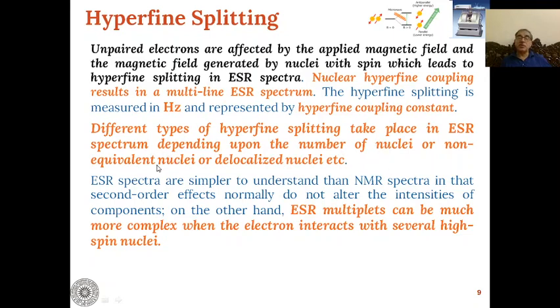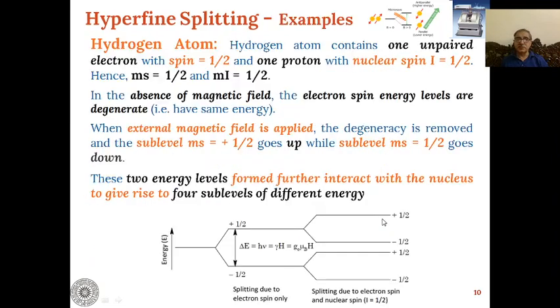So this is the EPR or ESR spectrum of a 1 millimolar solution of DPPH in toluene at 20 degrees centigrade. This spectrum is taken as the standard reference, and based on this, the spectra of all other compounds can be recorded. So we can say that this is a kind of calibration if we don't know the exact operating frequency of the ESR instrument, and after taking this spectrum we can calculate the exact operating frequency of the instrument.